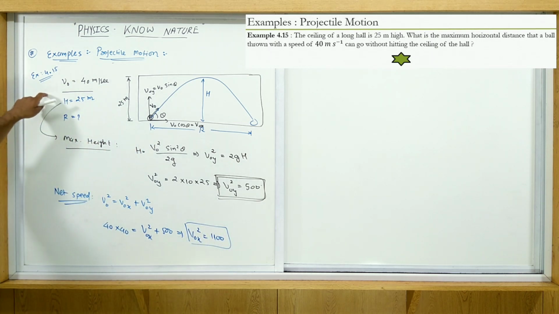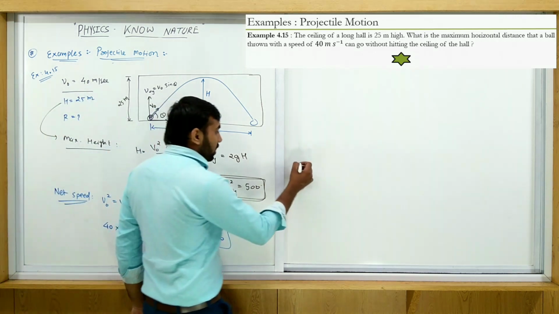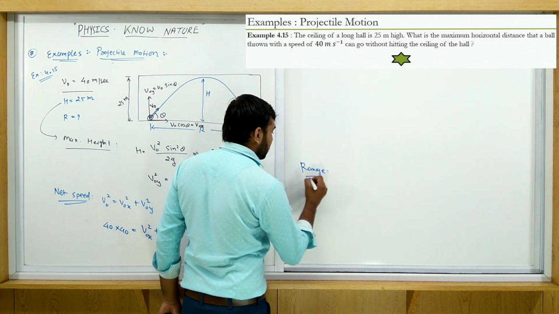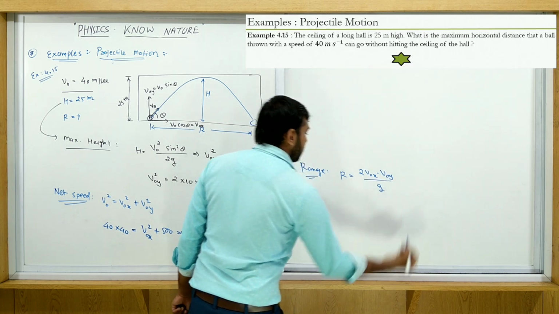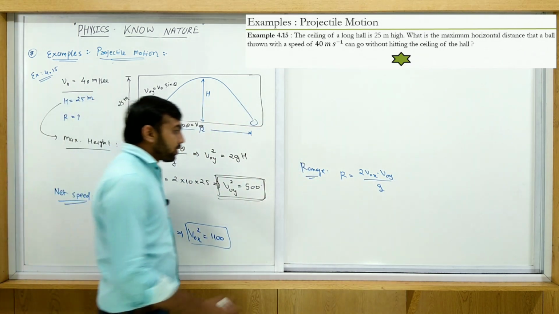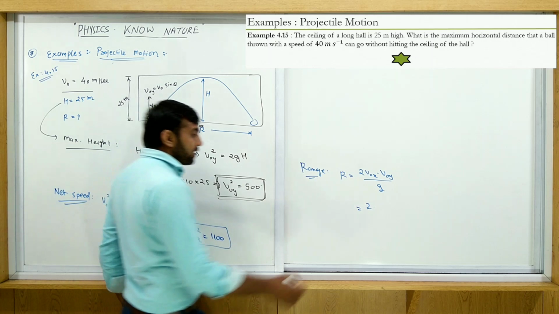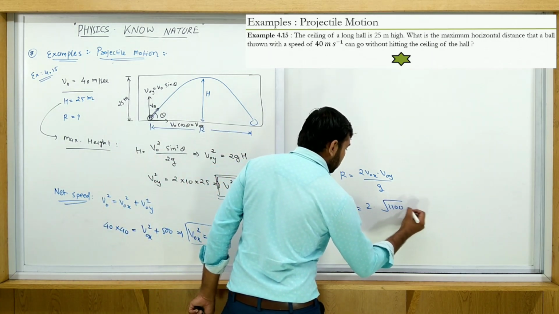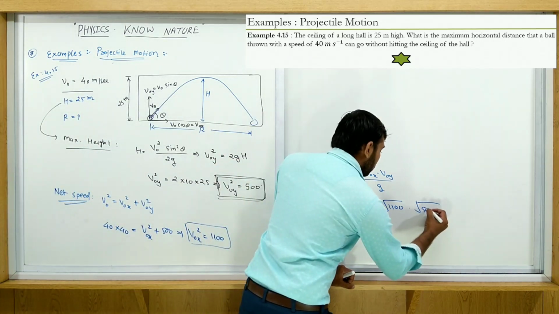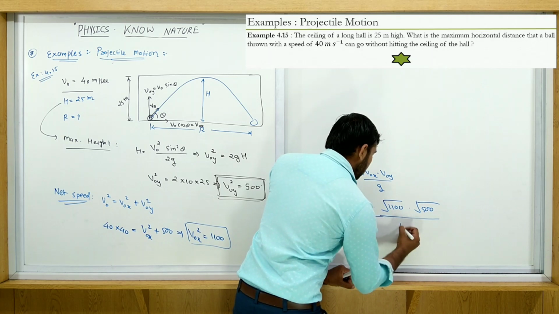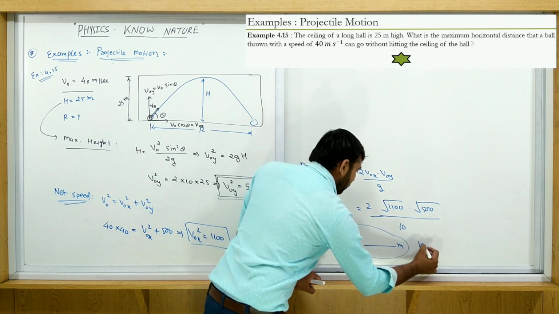Okay, now we want a range. See, v0y known, v0x known. So range का equation use करो जिसमें v0x और v0y आना चाहिए. So range R is equal to 2 v0x into v0y upon g. Put both these values here. So 2 into what is v0x? Root 1100, into what is v0y? v0y is root 500. So root 500 upon g, put 10, you get the answer. So remaining calculation is in homework.